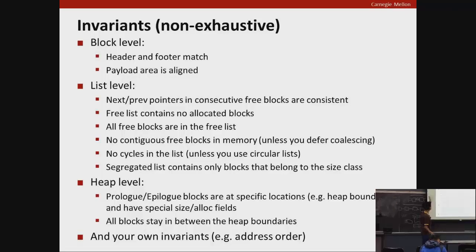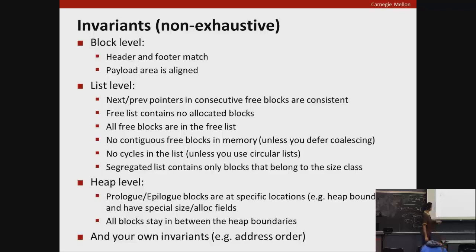So you can divide it based on block level, list level and heap level. Block level is basically making sure the header and footer match and the payload is aligned. We would want it to be aligned to 8 bytes, so you can ensure that this is in place, and based on whether you have a header and footer and what the minimum size required is, all those things can be